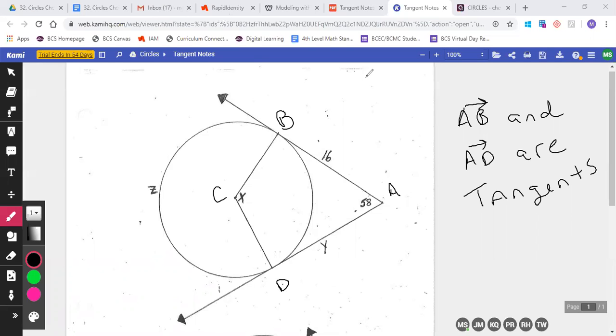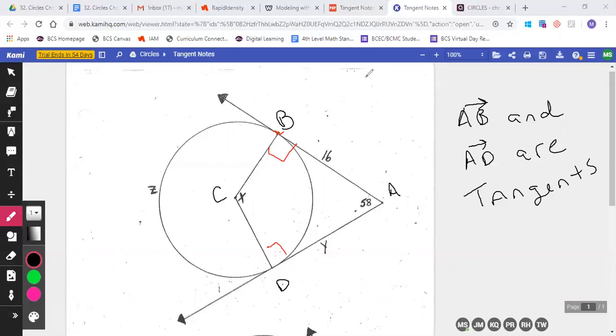So what you can see is the radius CB and the tangent AB are connecting here at this point of tangency. Therefore, this is going to be a 90-degree angle. And I'm just going to mark some of the same properties out there. And then you'll see CD and AD. AD is a tangent, and CD is a radius, so that also needs to be 90 degrees in there. And because of that, we can actually go ahead and find X pretty quick, because we know that